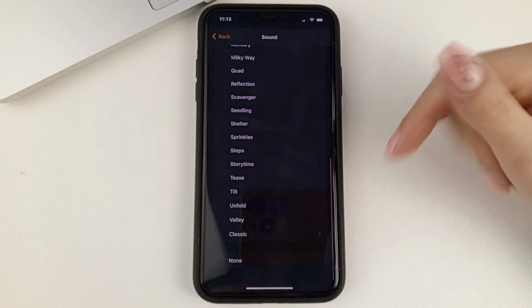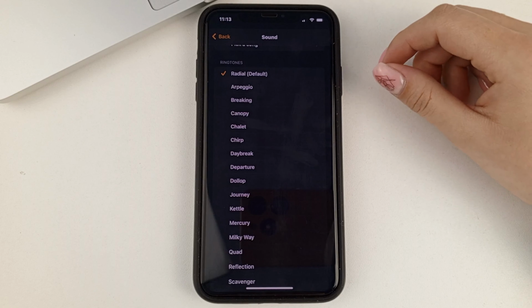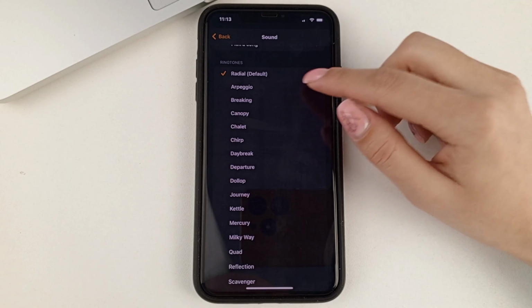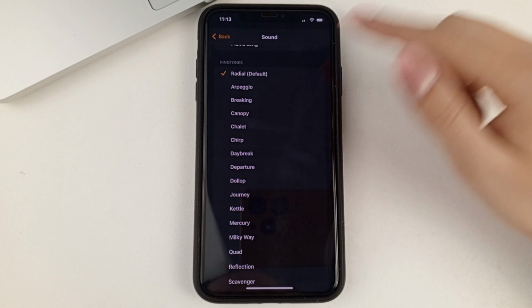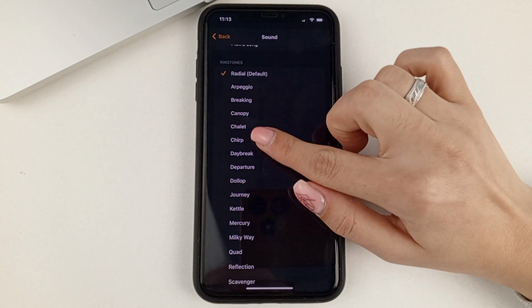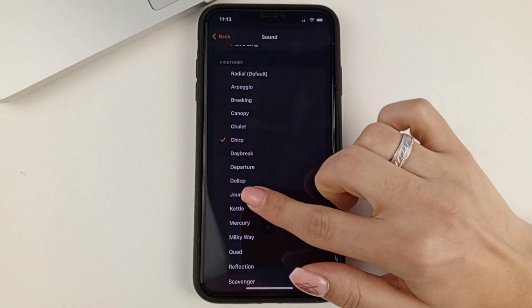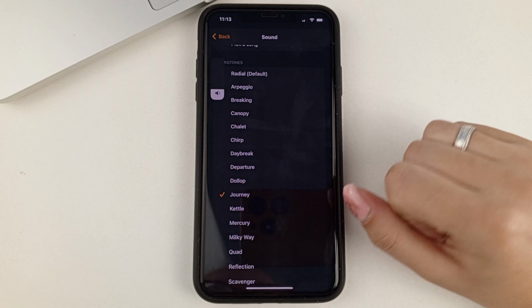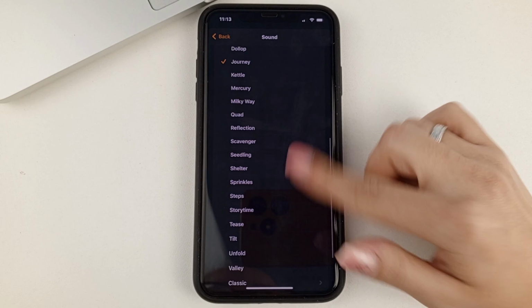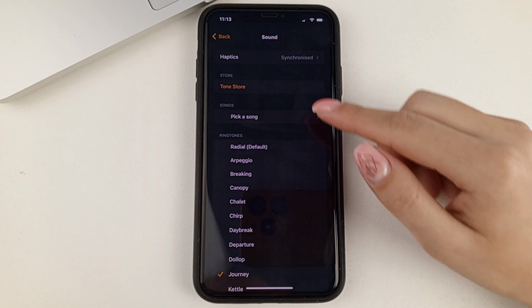And here, if you scroll down, you will see some free tunes that iPhone provides you. In order to change that default ringtone, you just have to click on some other one. And choose for yourself a ringtone that you like.